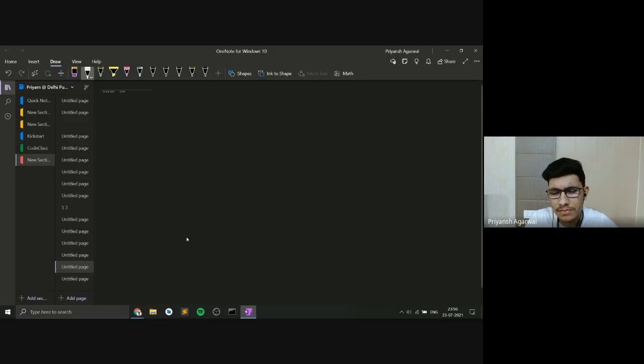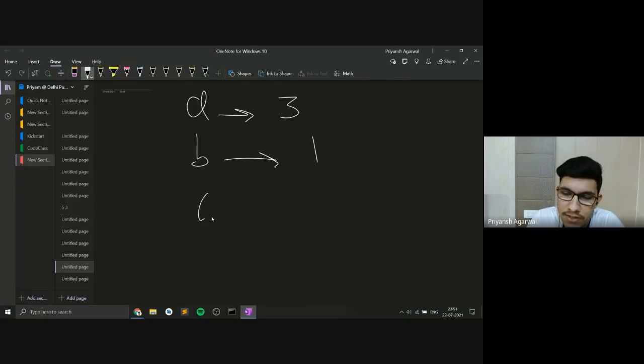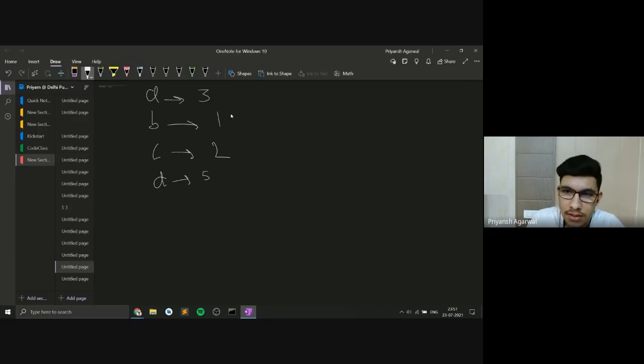I'm not explaining the question in much detail because I'm assuming you've already given the contest, so I'll dive into the solution. You can keep the frequency of every character. Let's say A is coming 3 times, B is coming 1 time, C is coming 2 times, D is coming 5 times. Look at A and extract 2 characters from it and color them 0 and 1.